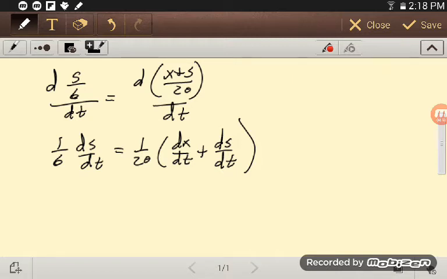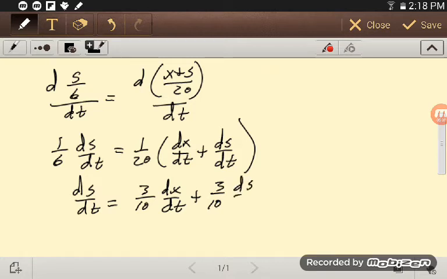So I think I'll multiply through by the 6, and so I have ds/dt is equal to 6 over 20, which is the same thing as 3 over 10, dx/dt plus that 3 over 10 ds/dt. Moving that over, I subtract 3/10 of that from 1, and so I have 7/10 ds/dt